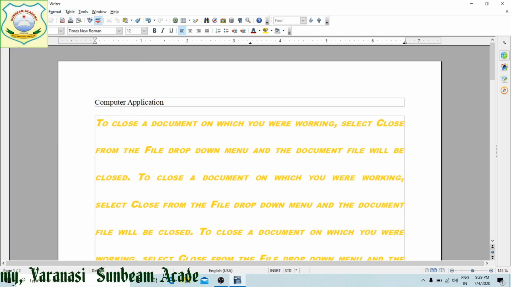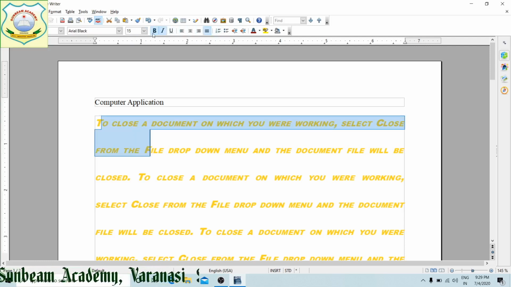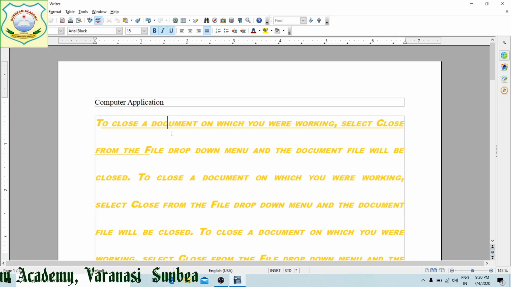This is your standard toolbar, which has the most commonly used options as buttons over here. Next is your formatting toolbar, which is used to format your text. Formatting means if I want to make it bold, italic, underline, this can be done easily, right?